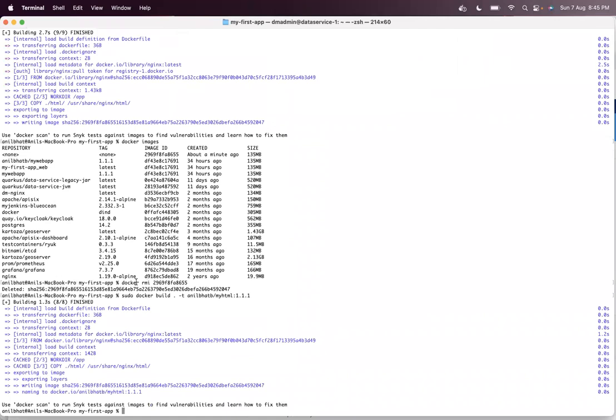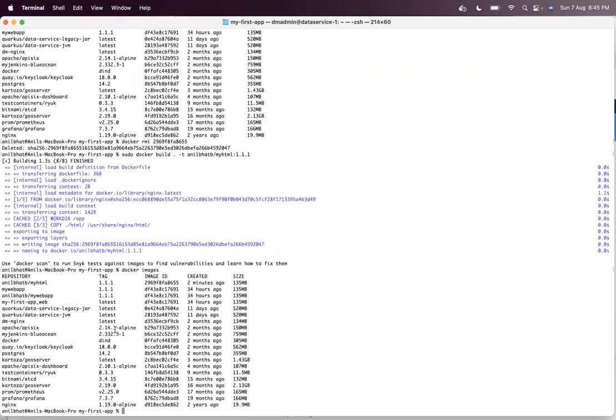Now you can see that it again got successfully executed. You can verify the image is created by typing the command docker images. By giving the tag with minus t, it has given a name to the Docker image that you have built. It has given the name Anil my HTML, with the tag 1.1.1, right? So you can see that, right?